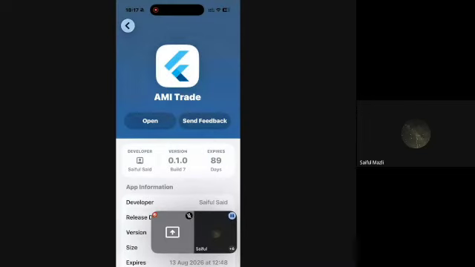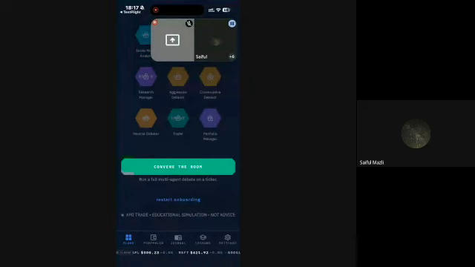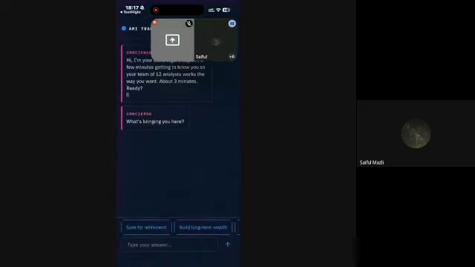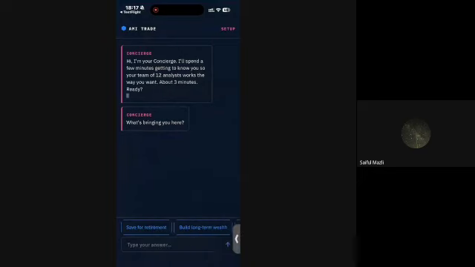Right, in TestFlight. Open. Okay. We start onboarding. This is an app that I have started some development on, and it's about stock trading.